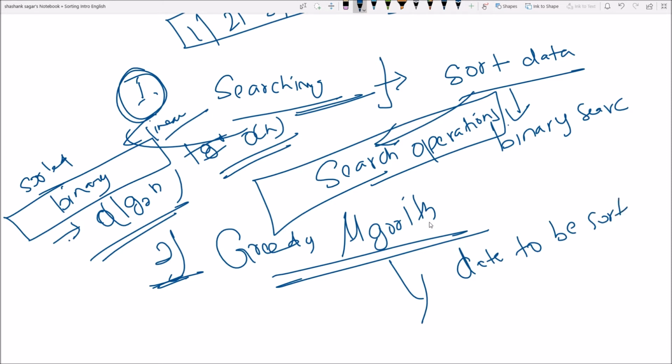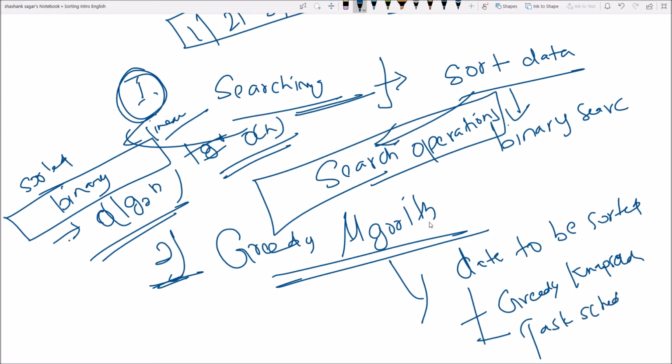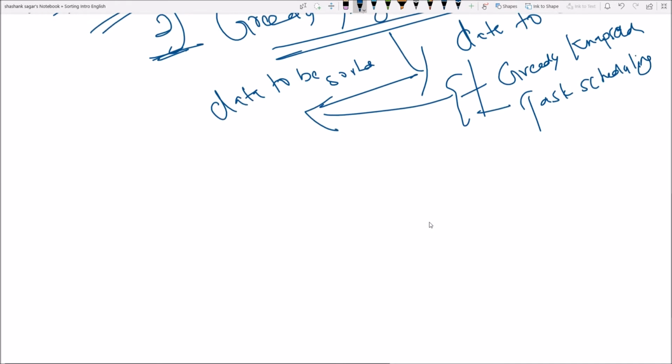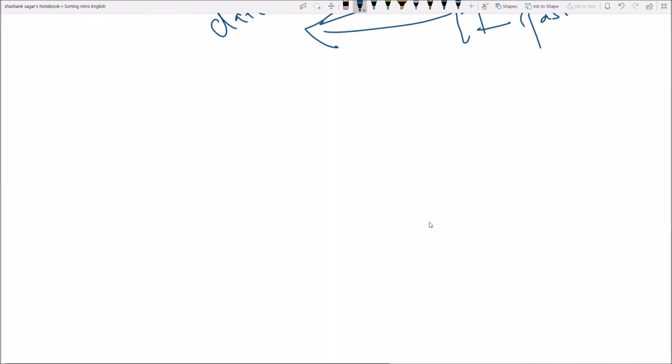Okay, for example, greedy knapsack, then the second one is task scheduling. So these algorithms expect the data to be sorted. Okay, so these are two of the common examples.